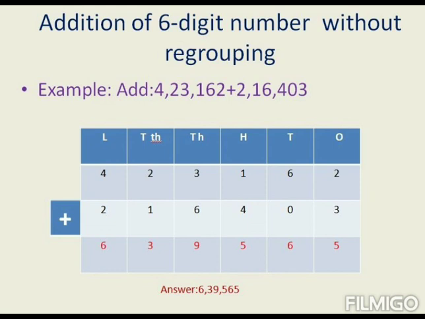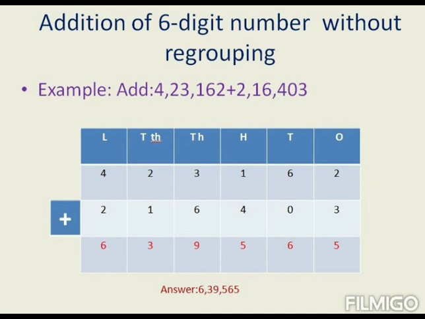Now in ones column we have 2 and 3. 2 in the mind, 3 in the fingers. After 2, 3, 4, 5. 5, write it in the ones column. Next in tens column we have 6 plus 0, that is 6 again. Now in hundreds column we have 4 and 1. If you add 1 with the 4 we get 5. In thousands place we have 3 and 6. If we add after 3, if you count till 6 fingers, then you will get the answer 9.